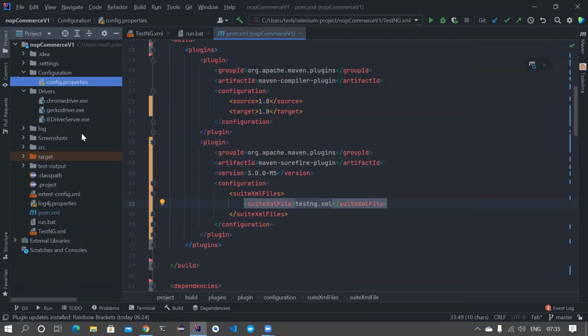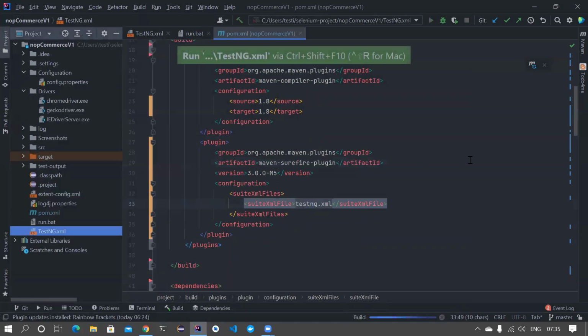From the project sections itself, you can understand. Thankfully, I'm using a Windows machine, but still it won't work because I don't know what ChromeDriver version they have, because the project has now been updated. So let's see whether it is running. Let's go and try to run it directly for now. Run testng.xml.